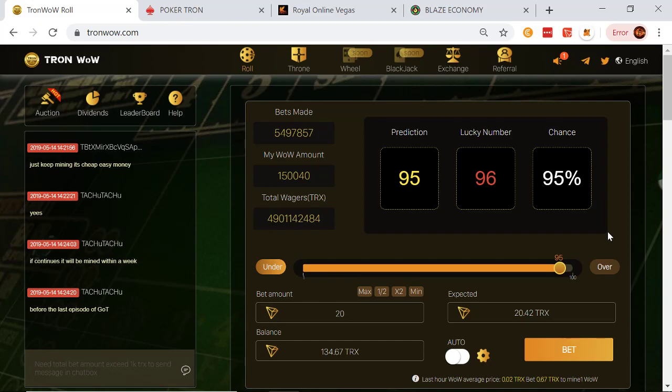They see Tron has value, they want to gamble it. But it's unfortunate because it's nothing more than a centralized casino like any casino. They just accept Tron. And quite honestly, if Bit Casino or whatever that one is called accepted Tron very easily, there would be no real reason for Tron Bet Live outside of divs. But nobody, for the most part, is playing for divs. You shouldn't be playing that for divs. It's too expensive. But the divs are nice. Don't get me wrong. But again, it's not a div play. It's not a centralized play.